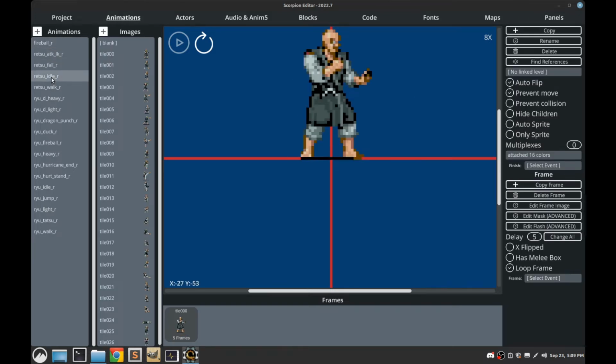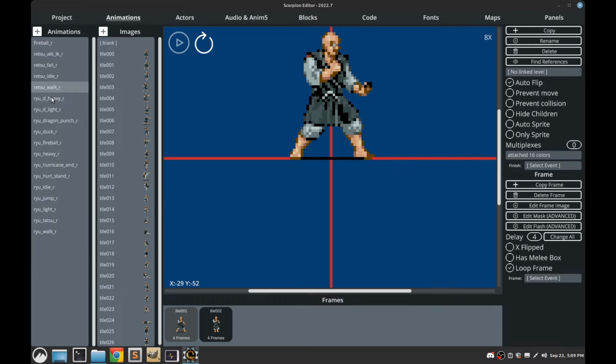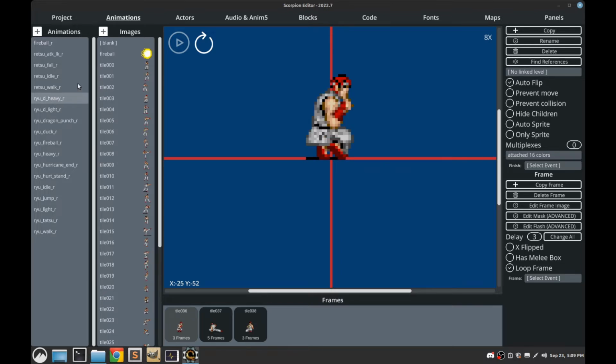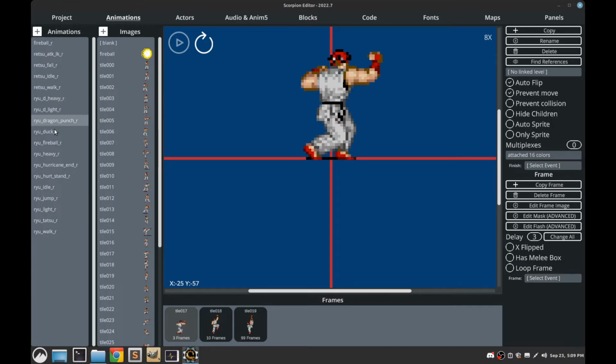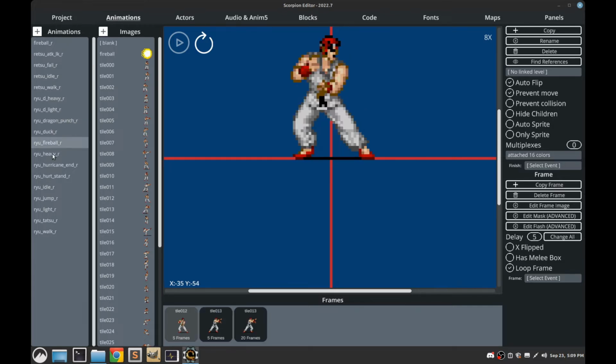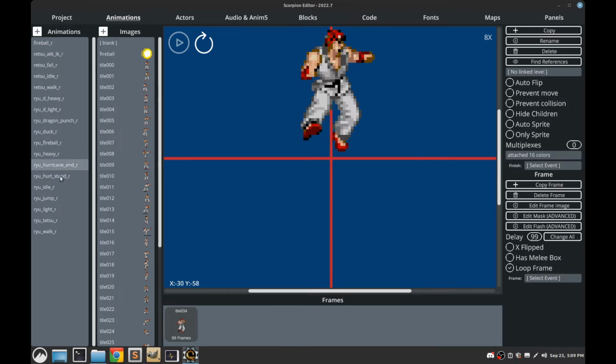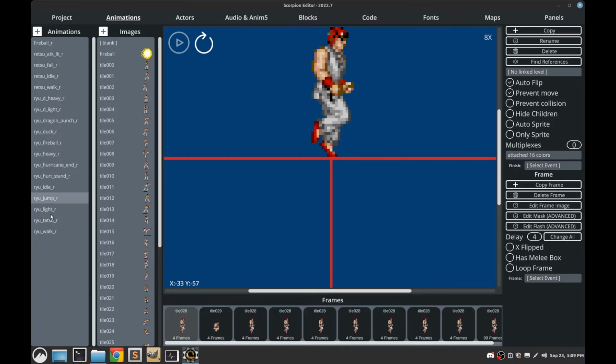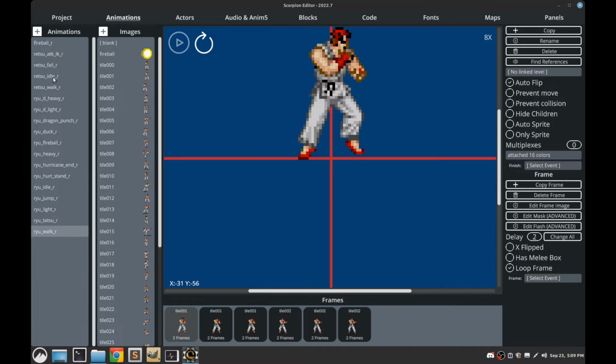So all my animations for my characters are facing right, and they can all be flipped, pretty much. If you have animations that can't be flipped, that could cause a problem. But with mine, pretty much all of them need to be flipped. So I've got no problem with this technique that I'm using. So if we go into code,